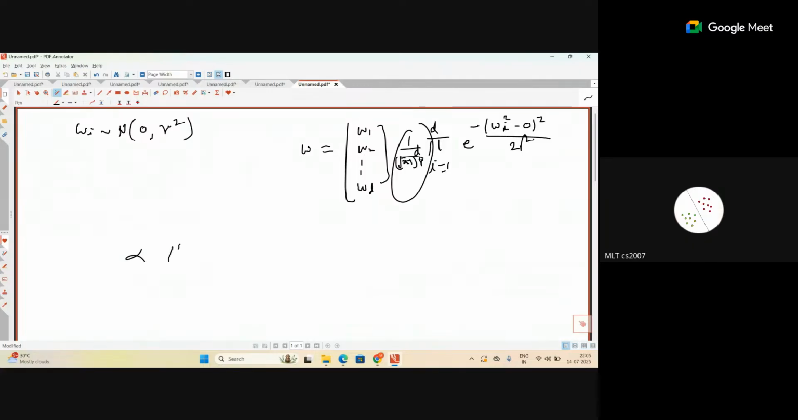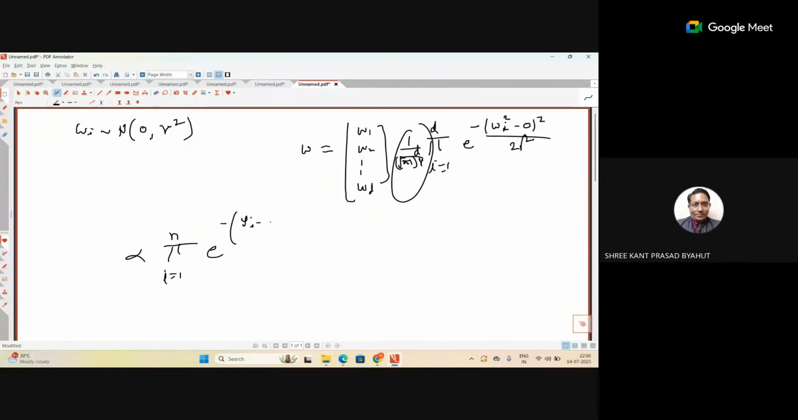Now I'll just write it down. The product for i equals 1 to n of e to the power minus (yi minus